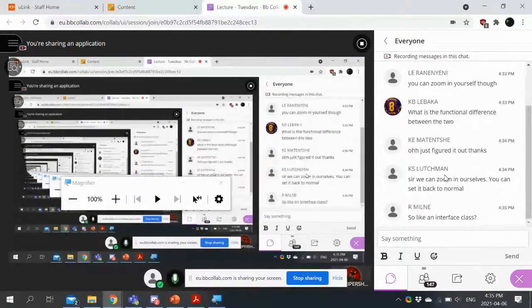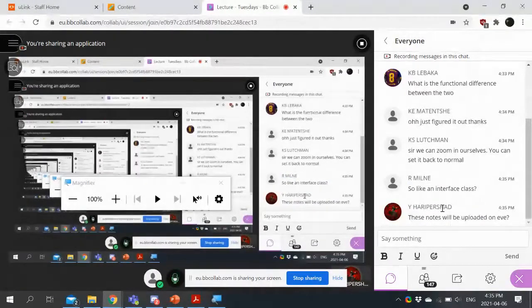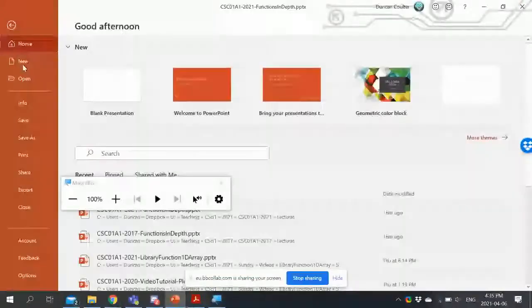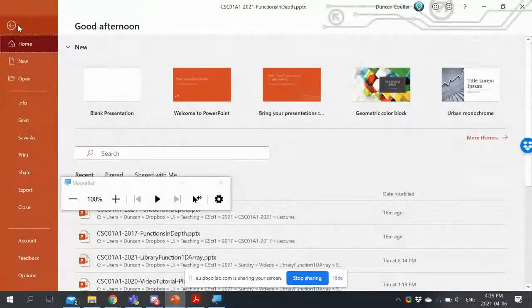Okay, so you'll be zooming yourself from now on. That's fine. Yes, in fact, the idea of class interfaces evolved from this, so absolutely correct. We'll be doing class interfaces in the second semester, but it's the same idea except at the function level, so 100% perfect. It hasn't been uploaded yet. I actually should have. I forgot to. Thanks for reminding me. I'll upload them straight after the class. Thanks a lot. All right, let me